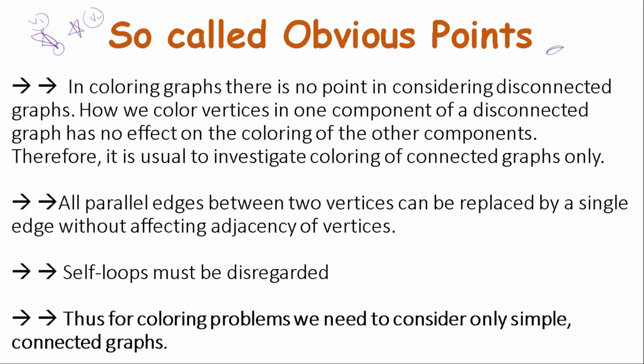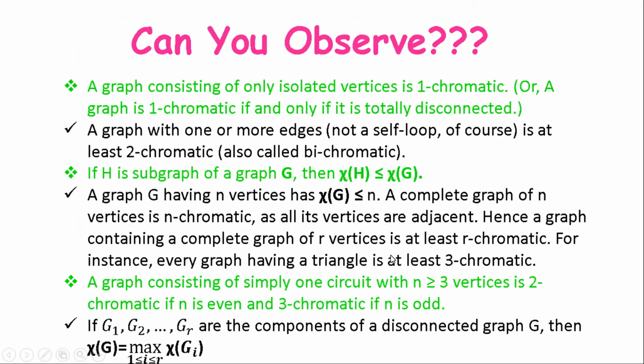Self loops must be disregarded. Suppose you consider a self loop, then no vertices can be colored at all. This is my vertex and we have a self loop. Suppose this is colored with green, but we have a loop on this vertex. So can this be colored with any color? Obviously not, we can't color this graph. So there's no meaning in considering self loops, right? So for the coloring problem, what type of graph do we consider? Only simple connected graphs and no graph other than this. Mark my word, only simple connected graphs are considered for graph coloring problems.